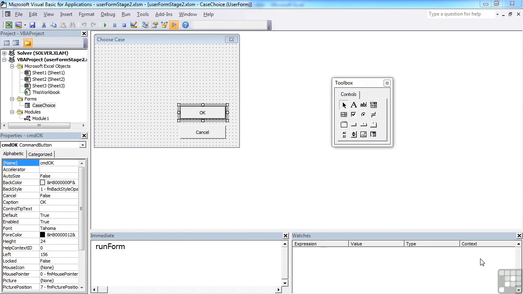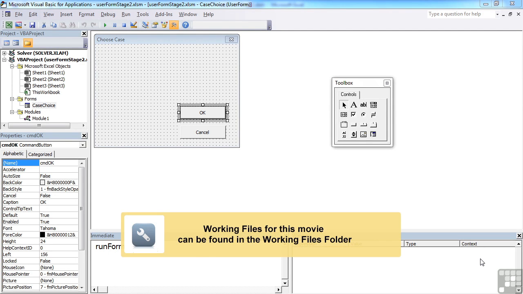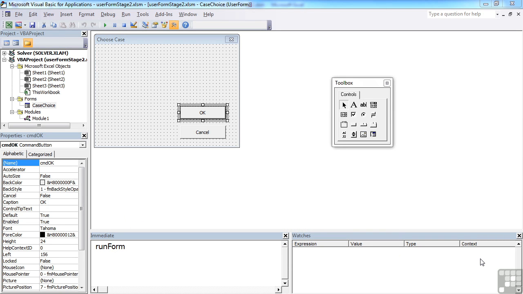So we have our user form set up with an OK and a cancel button. The Cancel button quite happily works and cancels the form. The OK button just tells us that we clicked OK and then cancels the form. What we're now placing on here is a set of options that allow people to choose what case to make